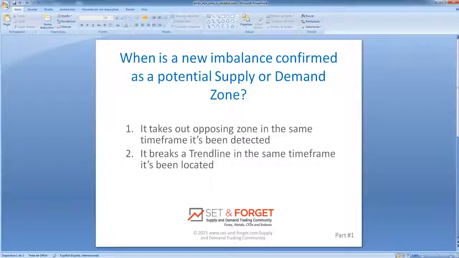When is a new imbalance confirmed as a potential supply or demand zone? There are two scenarios and one clarification. We will talk about it in another video. And there are two